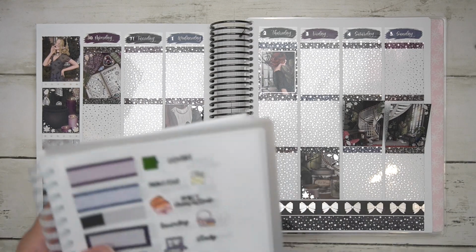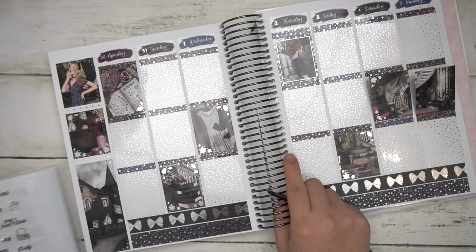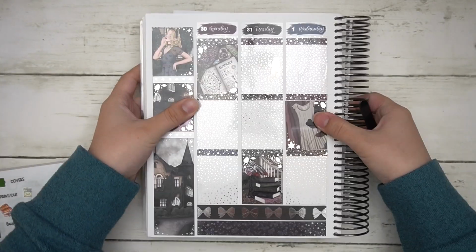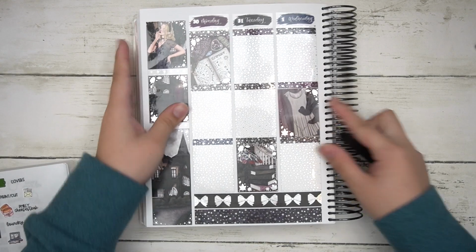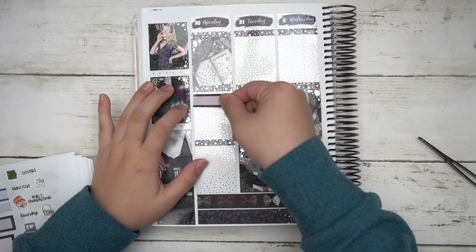Okay, so I already pulled out my scripts and doodles, and also the labels as well. So, oops. My planner is starting to get really chunky. Anyway, so